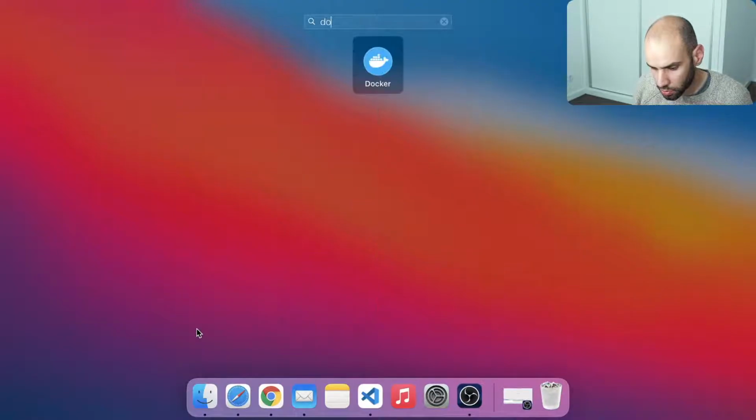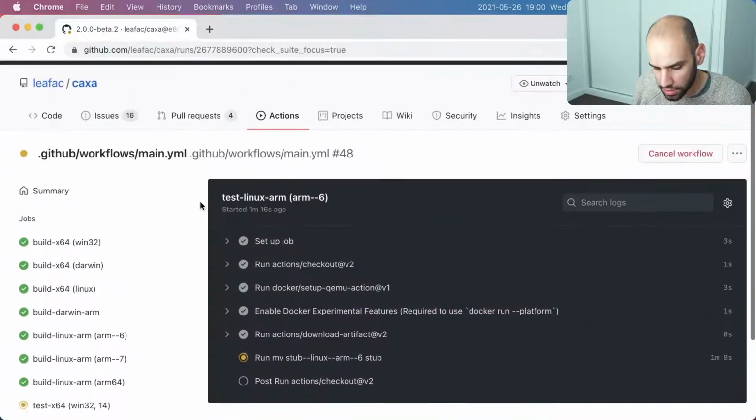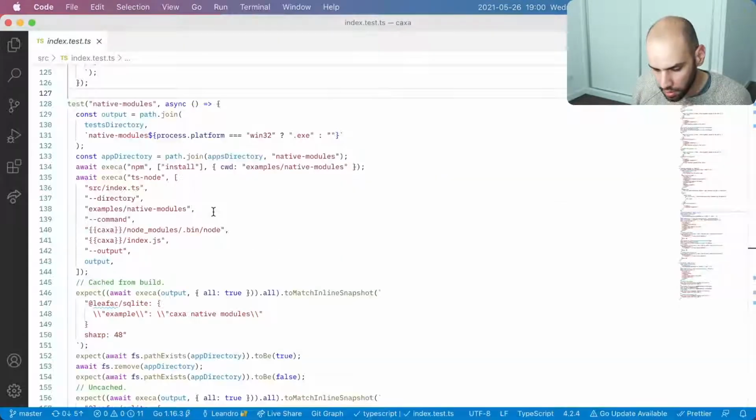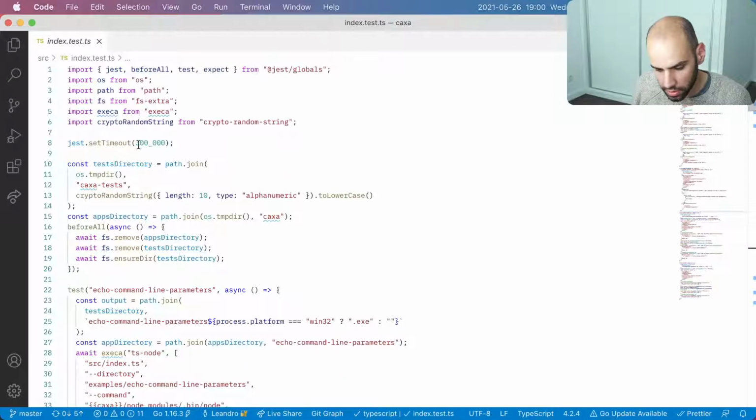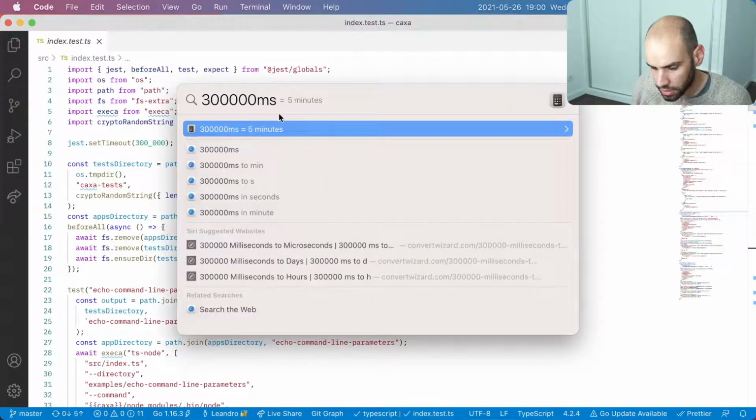In any case, I think that this will take a super long time to run. And I can also try to run it on my machine. I wonder if it's worth doing that. I don't think it is. We just look at the output here on the GitHub Actions and see if it takes a super long time, or probably it's going to fail because we have a timeout on the tests of 300,000 milliseconds. 300,000 milliseconds is 5 minutes.